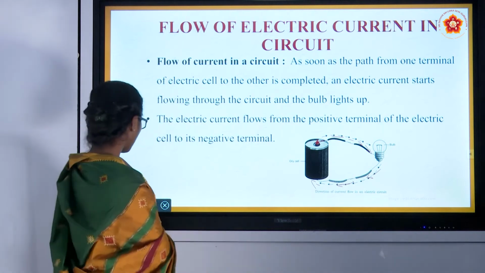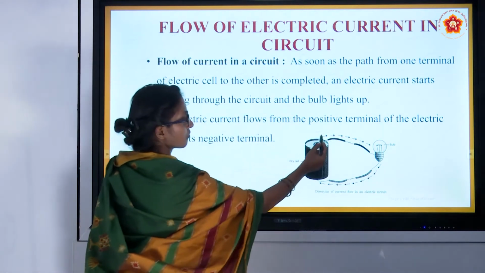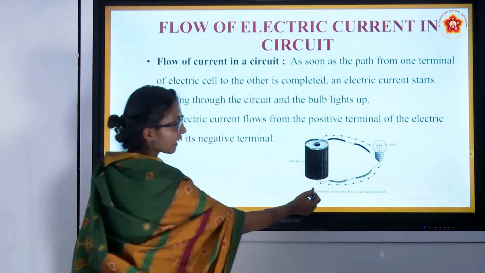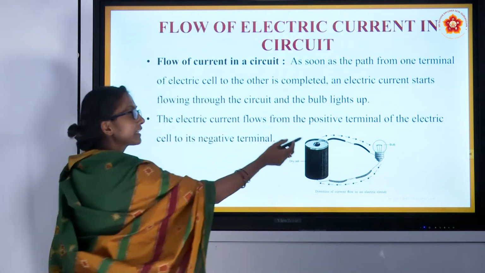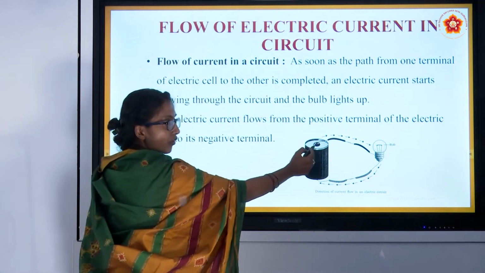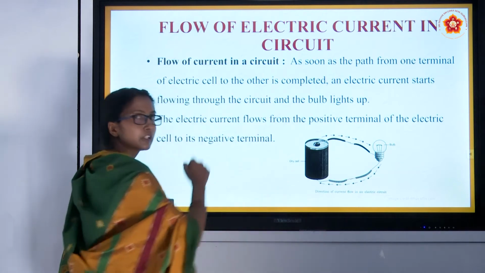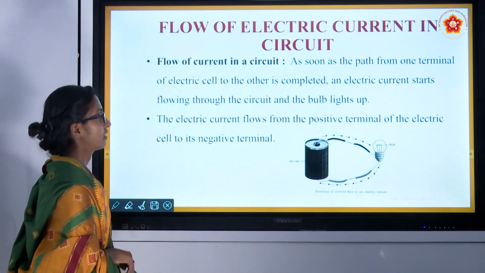You can observe these arrows, right? These arrows are indicating that the electricity which is generated in the electric cell is flowing from the positive terminal towards the negative terminal of the cell.